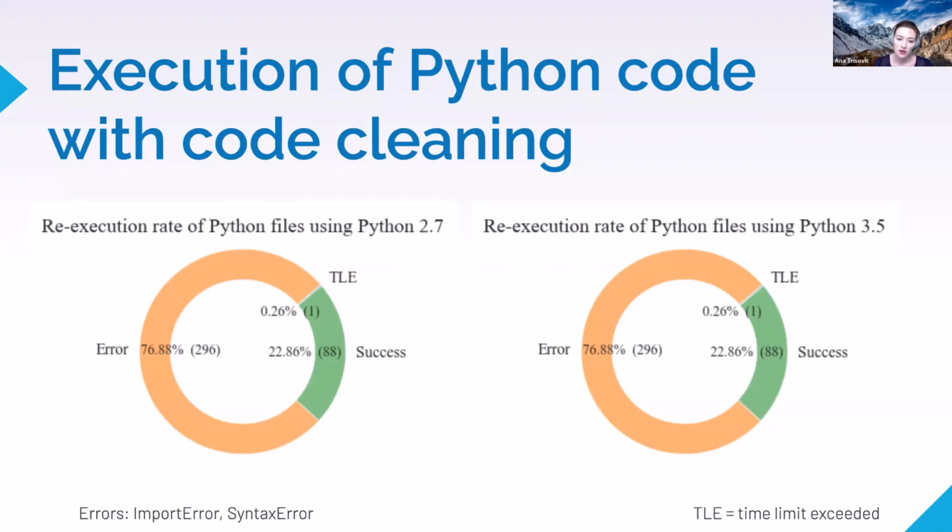Again, we were using Anaconda environment. And here we can see that it's not very different. Also, it's important to say that this is with code cleaning. So in a sense, I scan all the code files looking for the libraries that were used, and I pre-install the libraries before trying to re-execute the files. There are only less than 400 Python files in total on Dataverse, so it's not such a huge volume of files, but again, this is what we see when we re-execute the files.